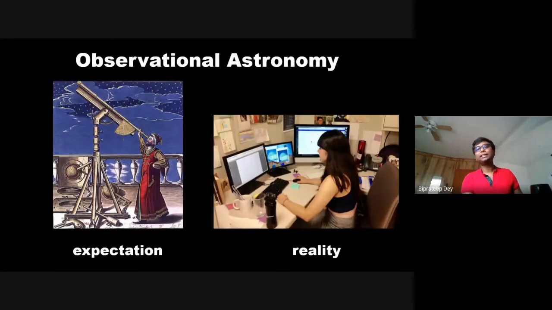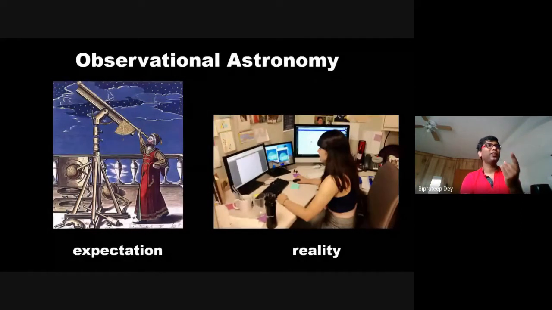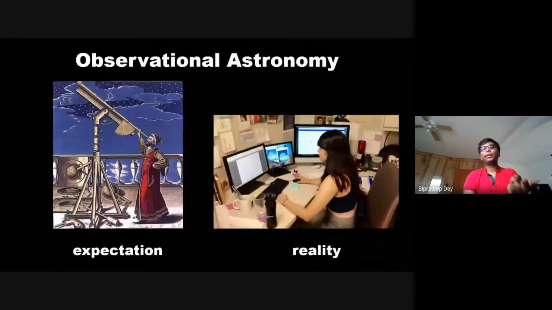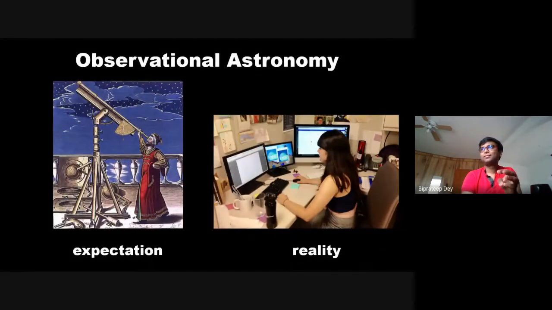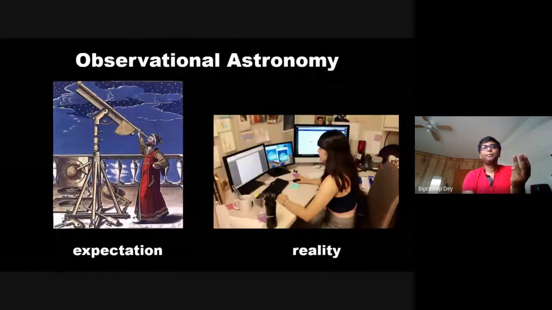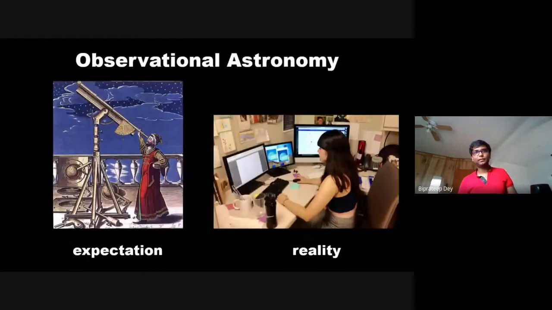So if you are doing research in observational astronomy, what you will be doing is, one, writing a lot of software, mostly in Python. Two, do a lot of statistics. Three, do a little bit of engineering, like in terms of playing around with electronics on a telescope, or doing machine learning and things like that. And four, sometimes you might be going to do observations on your own. So the two most common things that you will be doing are writing software, writing codes, and doing statistics.